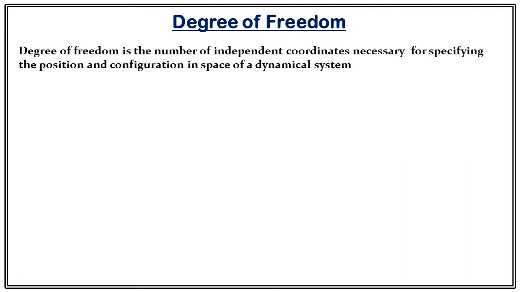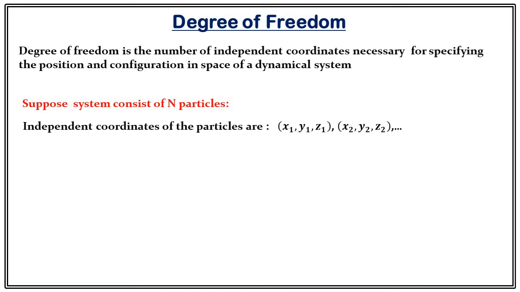Okay. For any system, suppose a system consists of n particles and the independent coordinates of the particles are x1, y1, z1, x2, y2, z2, x3, y3, z3 and so on. Here, each particle needs 3 coordinates: x1, y1, z1. This can be any kind of coordinate. You should not be restricted to only the coordinate system of space. Like we have seen in one example, even though the particle is moving in 1D, it is rotating about its axis. Therefore, we need x. Along with that, we need omega. Similarly, a particle can have a vibrational motion, and for that we need another kind of coordinate.